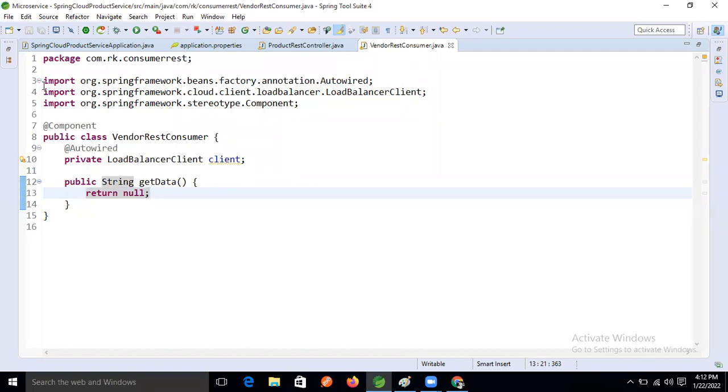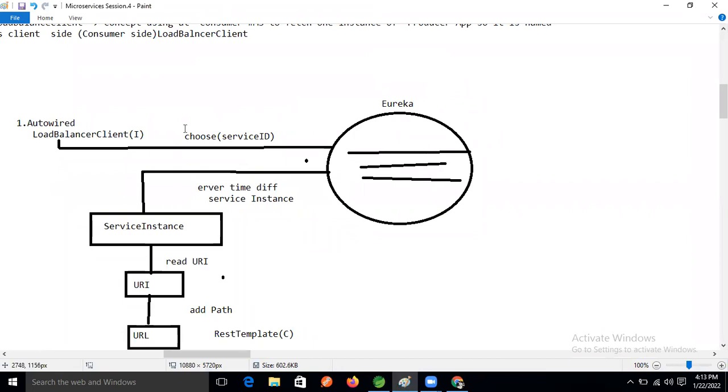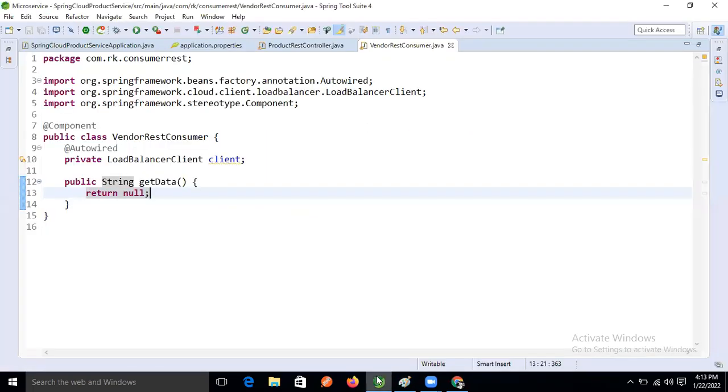After that, get one service ID from Eureka. If we want to get the service ID, I said choose, right? The choose method is there, so we will choose one service ID. Inside this method, let's give the comment also: get one service ID from